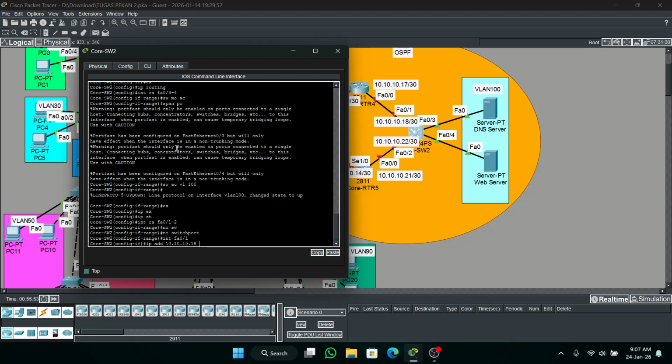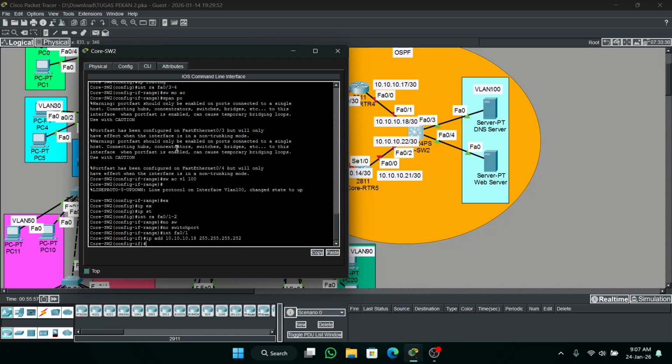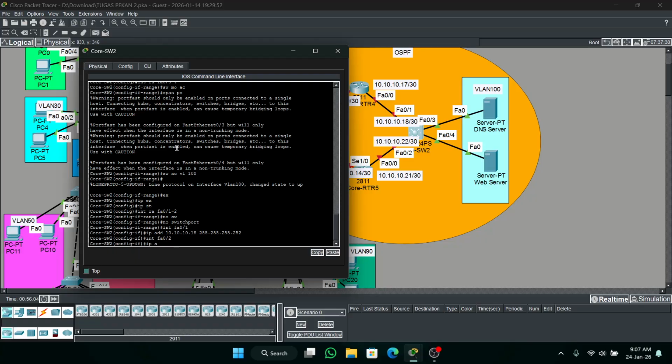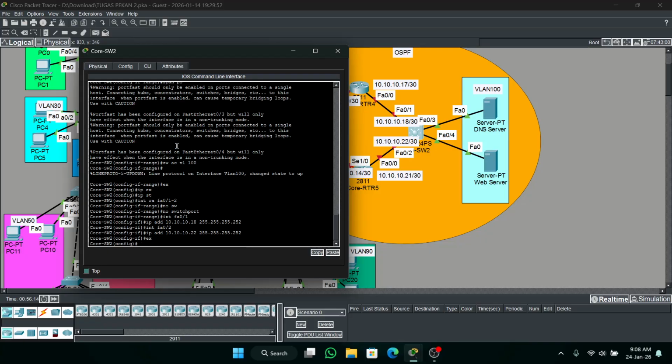Go to interface Ethernet 0 to, IP address 10.10.25.